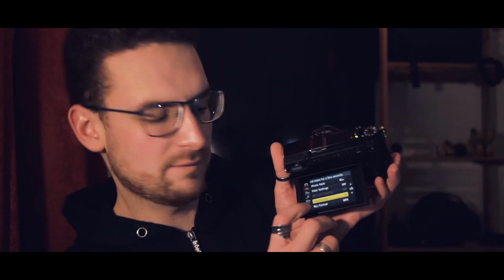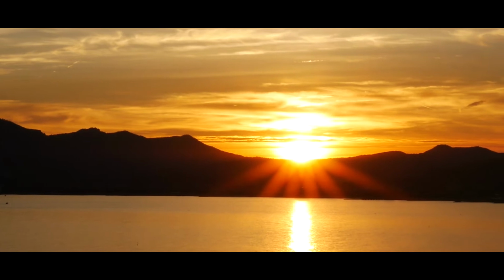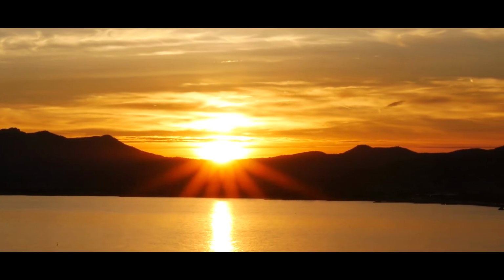The fourth reason is that inside this little camera, you have a setting in video, which is currently switched off, but if you can see, 4K live cropping. What this basically does is it takes the full sensor and crops in from 4K into 1080p, and it does a very smooth pan effect, which is really cool because even with the kit lens, you can zoom in fully, and then because of the way it crops in and pans, it produces a very smooth and steady pan, which looks like it's been shot on a